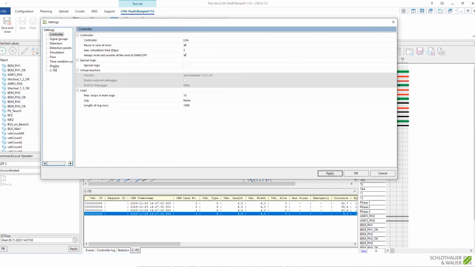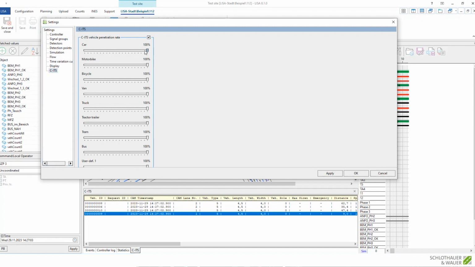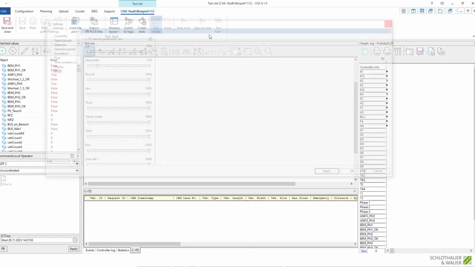We can set a certain penetration rate. We were saying, okay, it might not be realistic that 100% of the vehicles are actually sending CAM messages, so we can change this value in increments of 5% and then see how our control behaves if we don't have all the information from all the vehicles. So if I apply this, then it will become